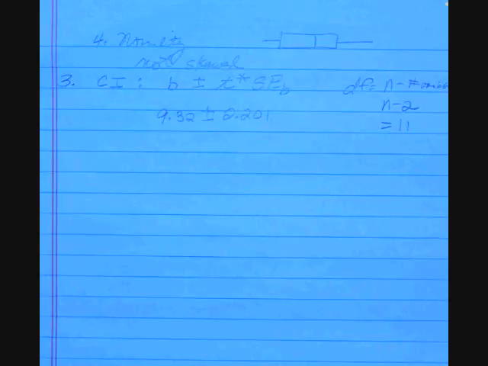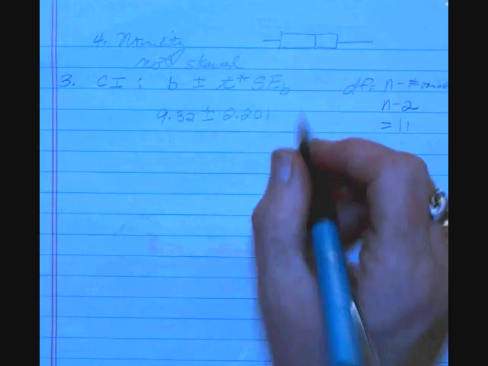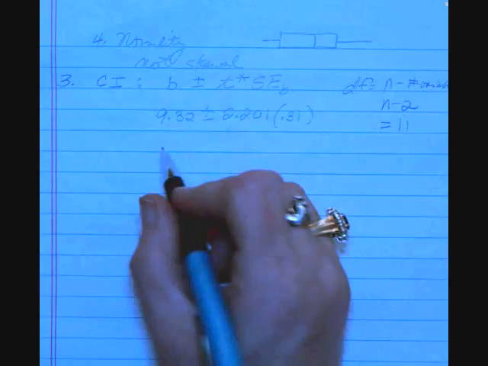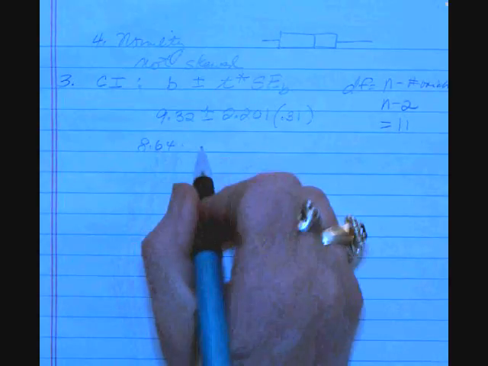What was the standard error of the slope? 0.31? All right. Calculate your confidence interval for me. This shouldn't be too hard. This is just an addition and subtraction problem with a little multiplication. I'm not asking you to do it by hand. 8.64 to